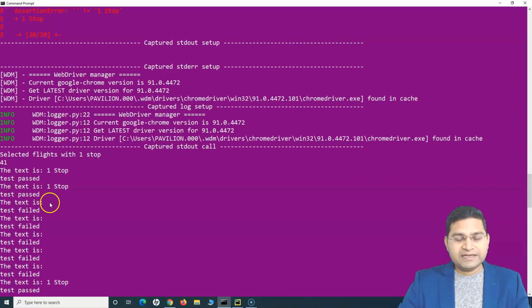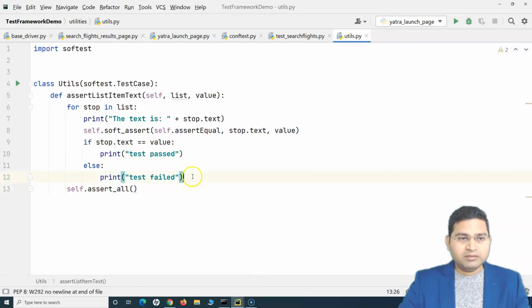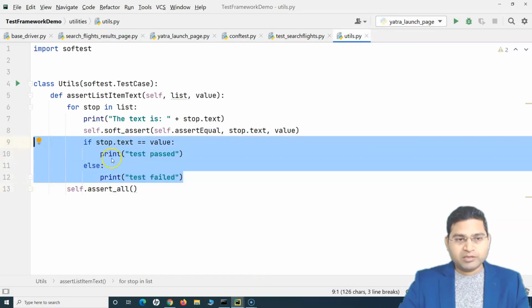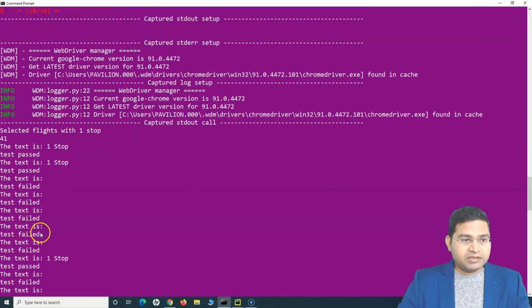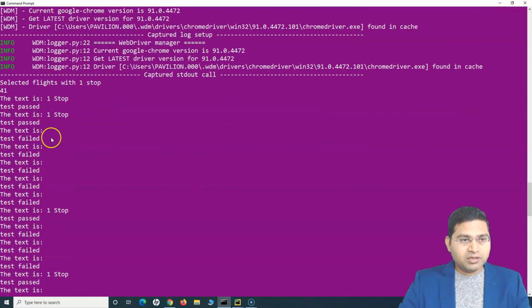Third one, it couldn't find any of the value, and I'll explain why it couldn't find the value in upcoming tutorials. So it has marked them as failed, and this is the logic that I put in here. This is not the final thing, but we'll do a better approach. We'll have logging here instead of printing on the console, but this is just to show you how you can implement soft assertions. Then you will see that there are many which are blank, and that's why it's